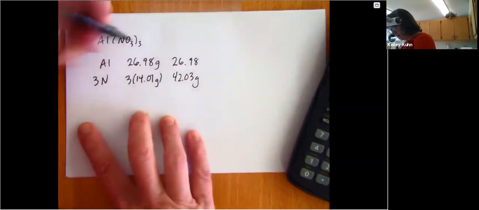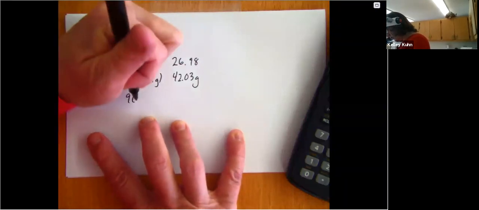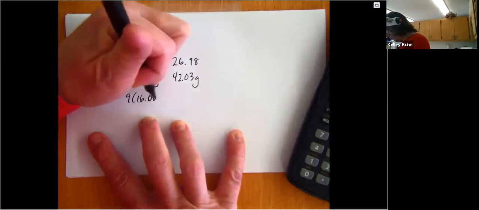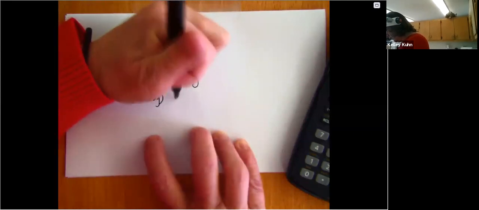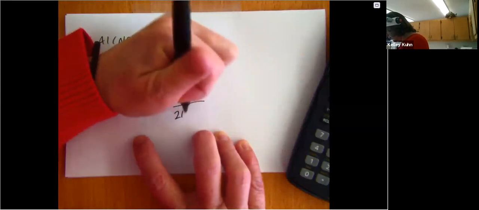And then I've got 3 times 3, 9 oxygens. Remember, you do multiply that in case you only had 6. When I add all those up, I get